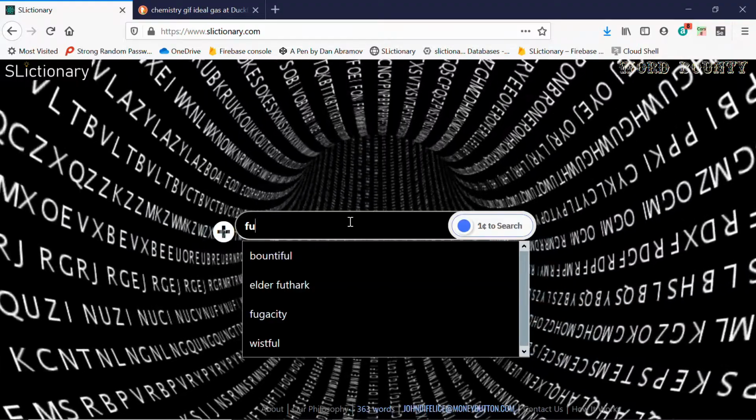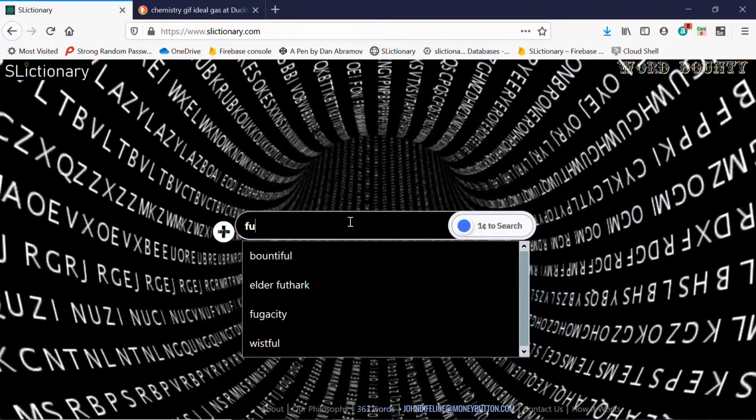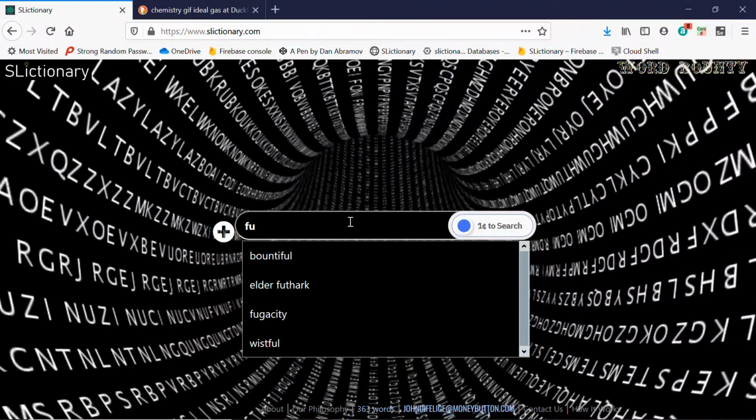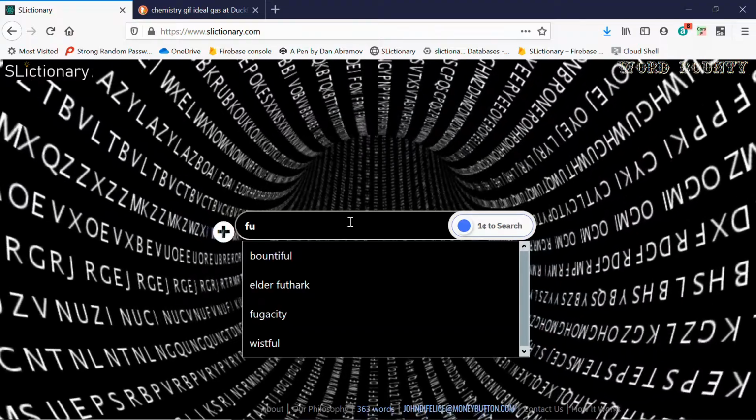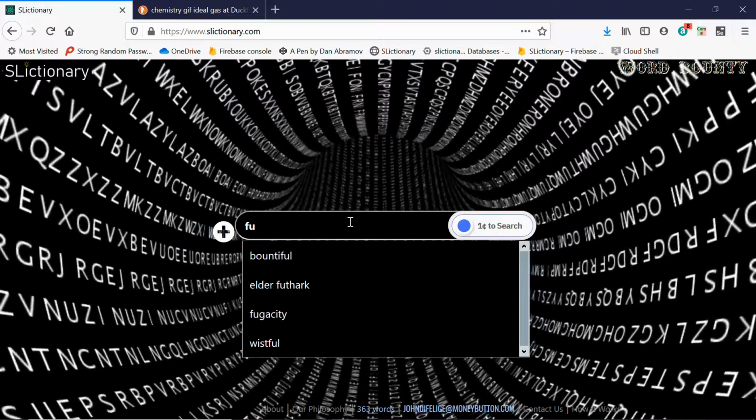This is one of 5 features we have to protect children from seeing content they shouldn't see, but also to allow adults and whoever else the complete freedom to enter whatever they want into Slictionary, because a word's a word, and